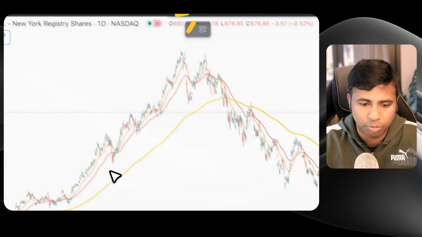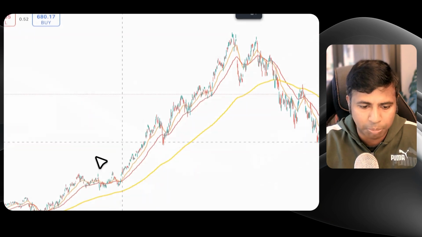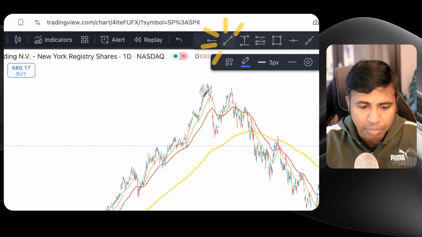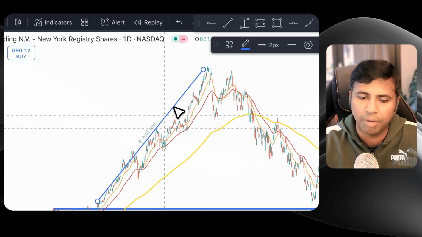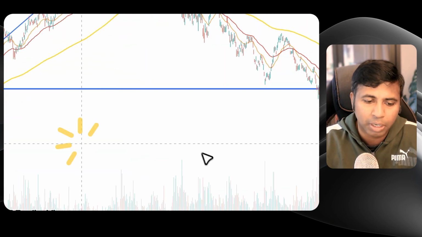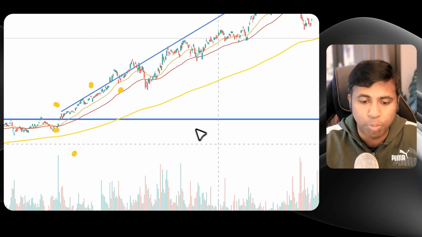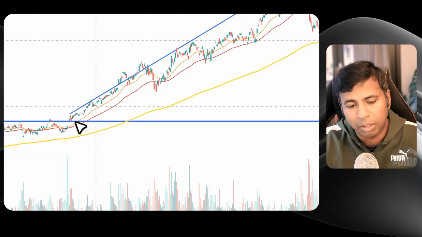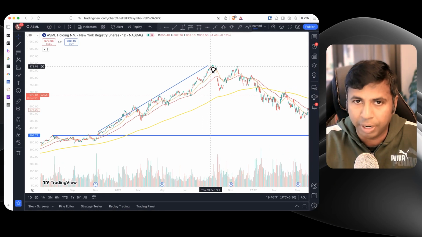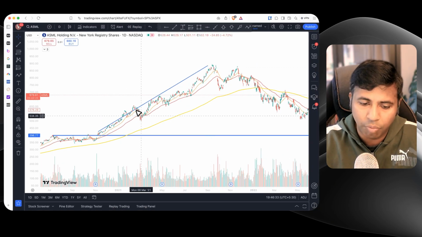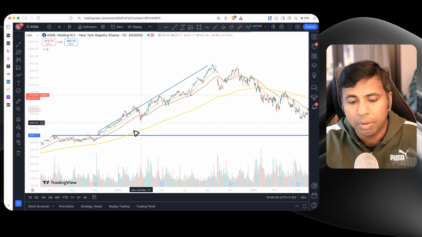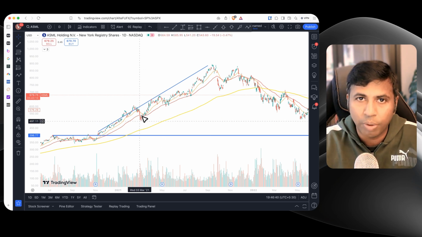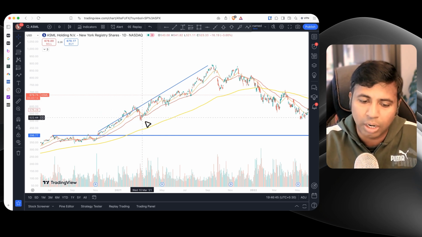Like these phases where it broke out from this particular level, and after the breakout you can see that it gave a huge rally. Now there are also some kind of traders or investors who buy pullbacks. That is, when the stock is in an uptrend, they try to enter when the stock pulls back to the 21-day moving average or 50-day moving average, so that they can lower their risk. That is the main thing. So this is called buying weakness.